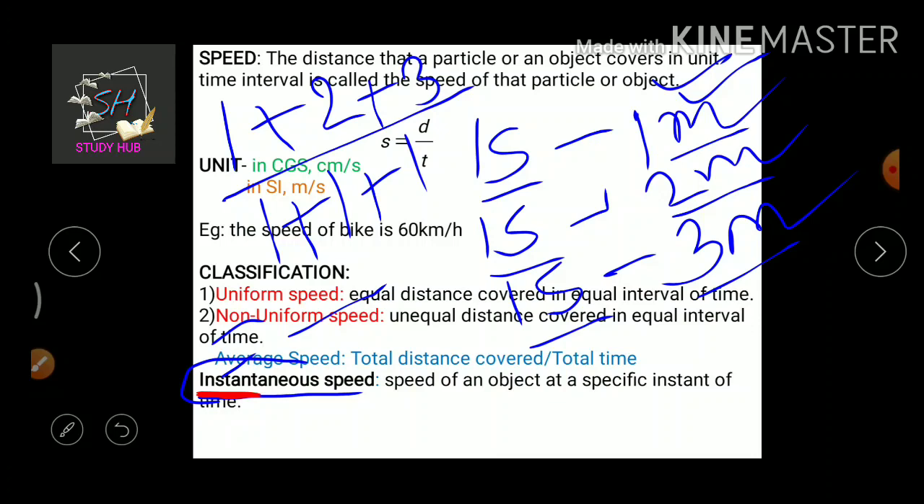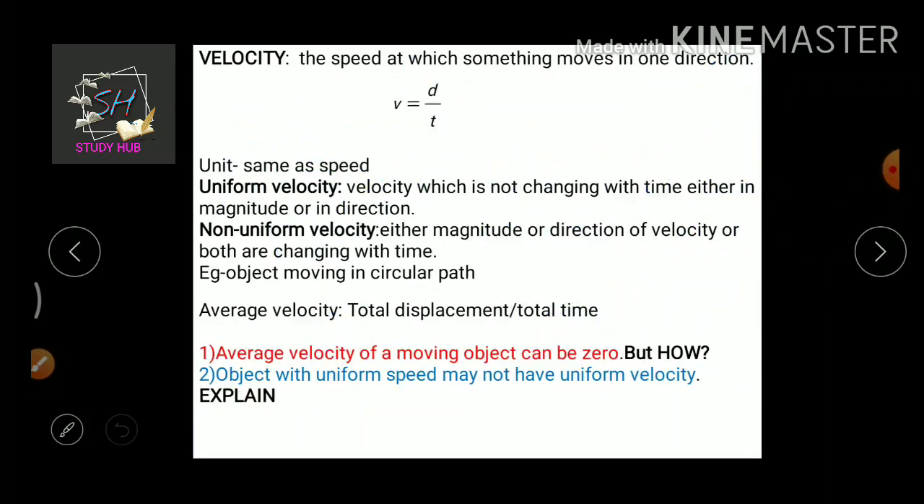Hope you have cleared your doubts on speed and the various types of speeds. So let's go to the next slide. So here we have velocity. To know about velocity, we first need to know the difference between speed and velocity,